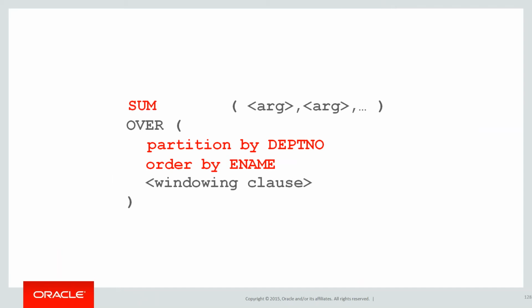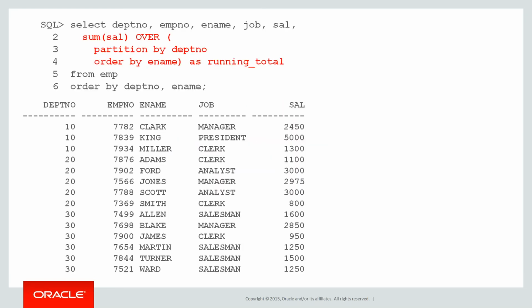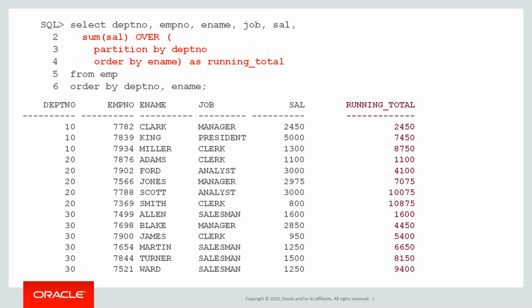What am I doing? I'm summing up some data. That's what a total is. And what am I summing up? I'm summing up the salary. Do I need a windowing clause? Not yet. We're not doing anything like that. So let's plug that function we just built up into our query and see what we get. There's our running total. Let's walk through it row by row.